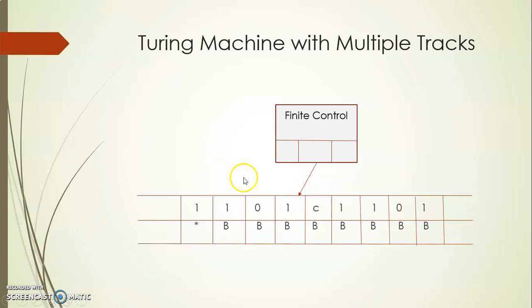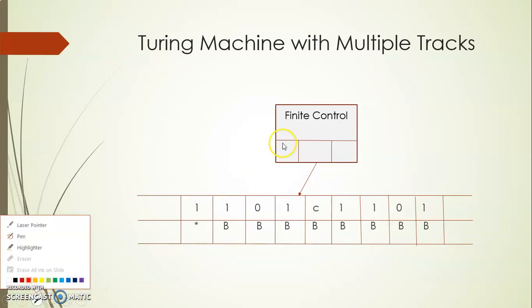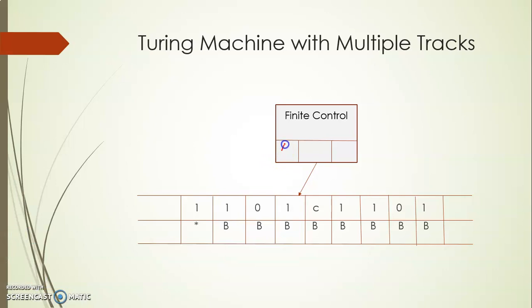That's what I have done. So for the first symbol, I have to remember it, and I'll be remembering it here, that is in the finite control. Let me write it. I'll be remembering here, but I have to differentiate between the visited and unvisited symbols. That I am doing by replacing the blank below the visited symbol by some other symbol. So seeing the logic and representing it diagrammatically is very easy.